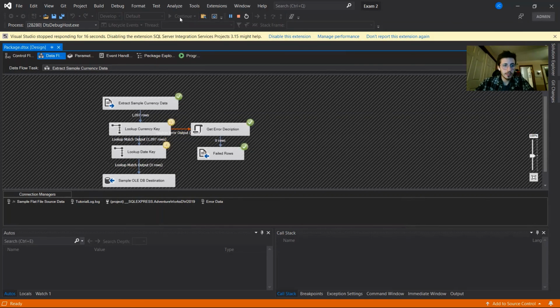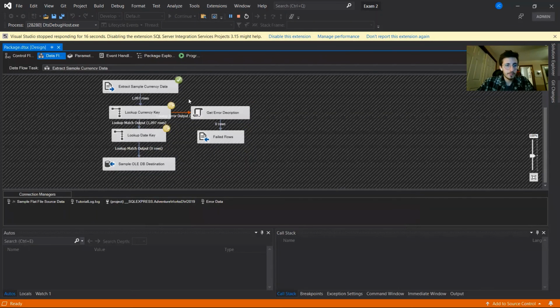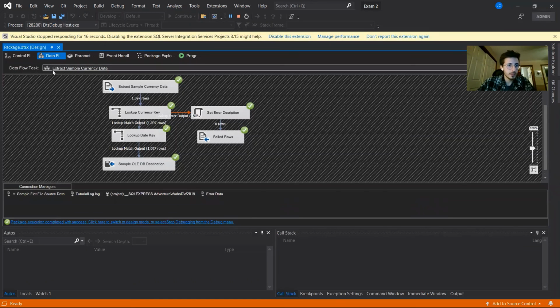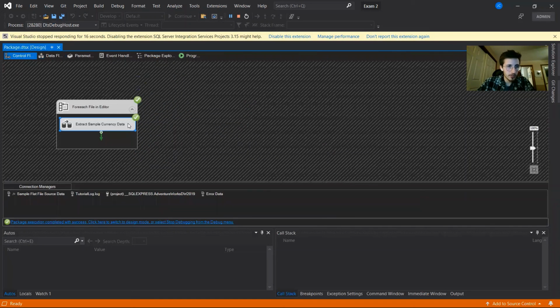Usually it fails here, which it didn't, so it means that it's probably going to work. Works, and then you can see in the control flow it works as well. And that is all for module